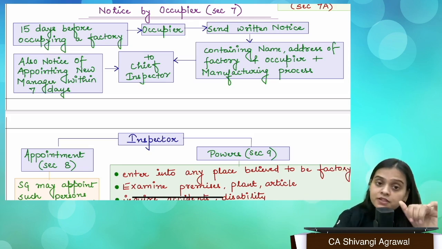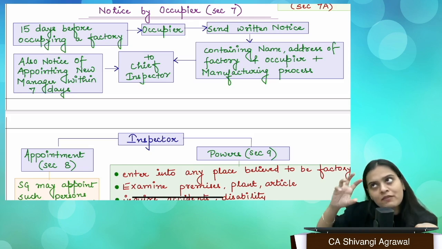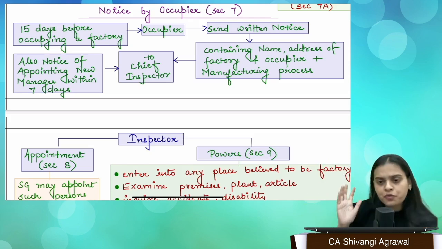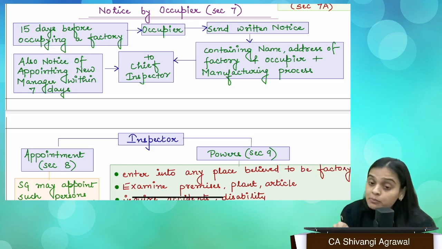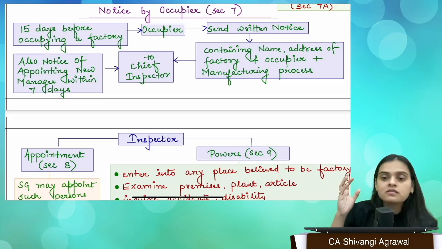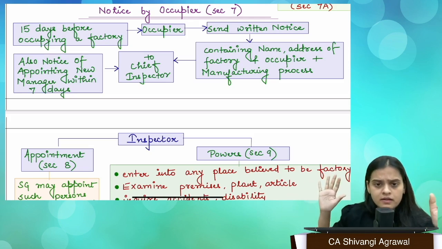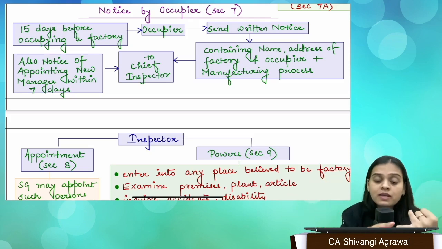Young person is further classified into two. It could be a child, it could be an adolescent. What is a child? We usually have a preconceived idea that a child is somebody who is under the age of 14 years. No, my dear. A child is somebody who has not completed his 15th year of age. That means he could be 14 years also, he could be 13, likewise, so he is a child.